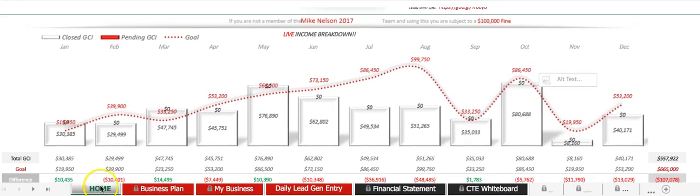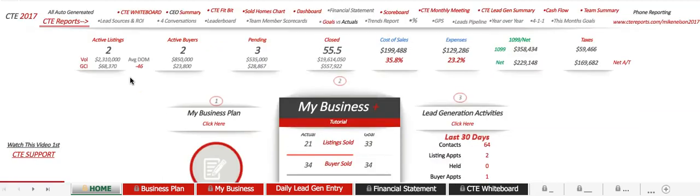Kind of just going to go look at one other thing. Yet again, these are all different reports you can pull. This is a 2017 version. They've come up with some newer things, so on and so forth. But another really neat one that we can look at is called the CTE whiteboard. It's kind of the CEO's overview of everything that's going on transactional wise. So when you look at this, you can see at the time there's not going to be much on here,